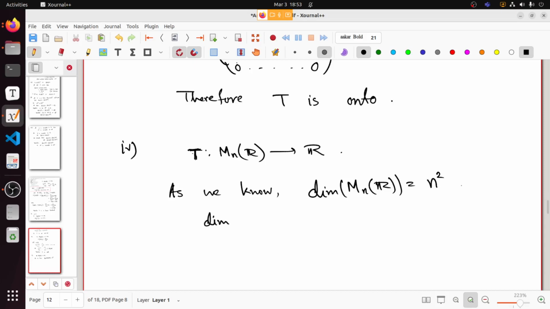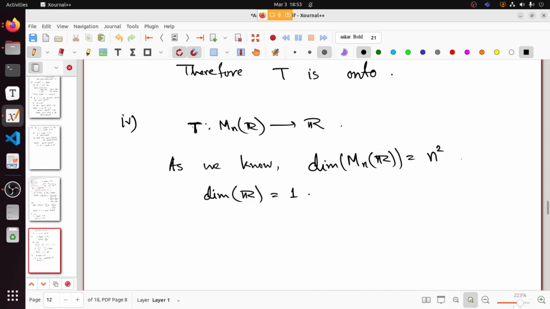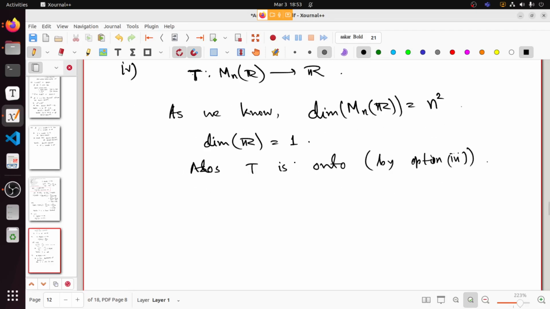And what is the dimension of R? It is 1. And T is onto, right? T is onto by option 3. So the dimension of the range space is also 1, which implies the rank of T is also 1. So by the rank nullity theorem,